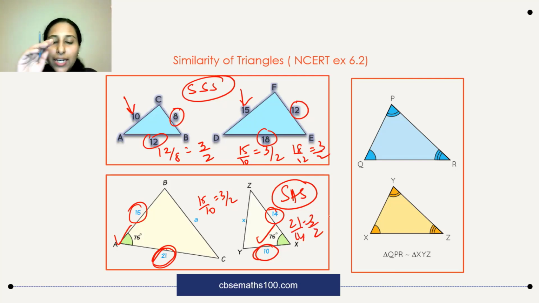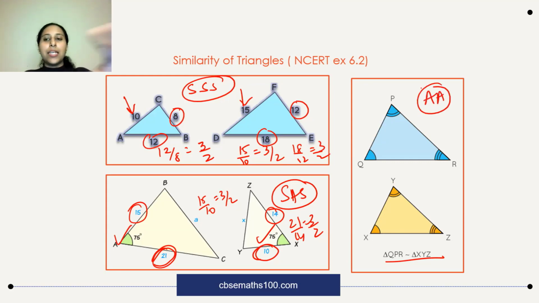Okay. So always look for which are the corresponding sides and which are the corresponding angles properly. You will definitely be able to write the correct order of similarity for these cases accordingly. Try doing that. This one, I've already given you the order of similarity. Here it is easy because you just have to follow the angles. Even if only two angles were given as equal, by AA similarity, you can say that these two triangles are similar, right?